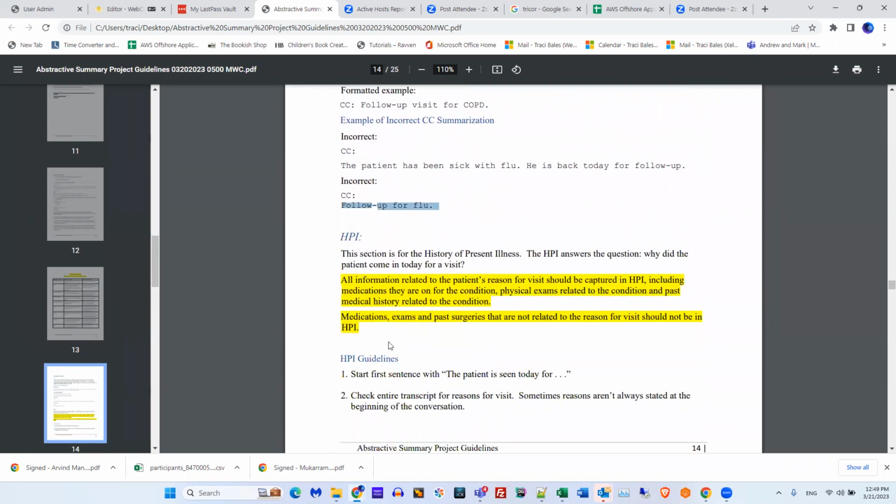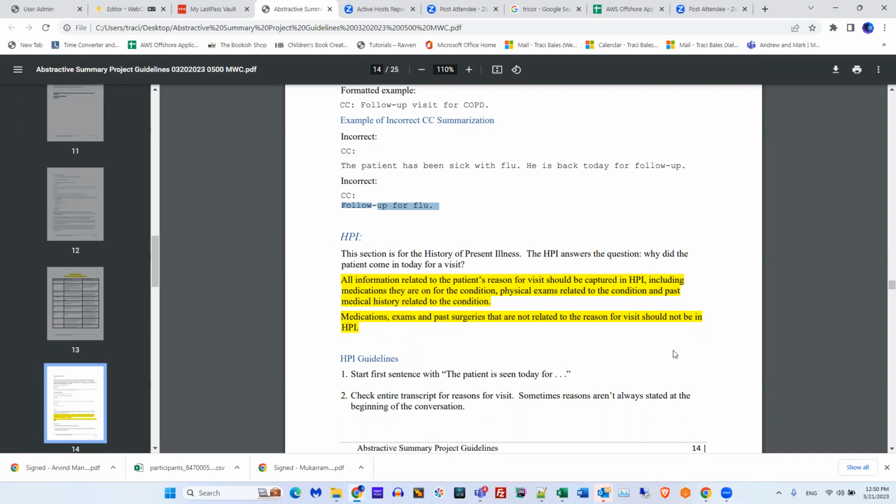HPI is the history of present illness. That's going to include the medications they're on for the condition, the physical exam related to the condition, past medical history related to the condition. But keep in mind, medications, exams, past surgeries that are not related to the reason should not be in HPI.